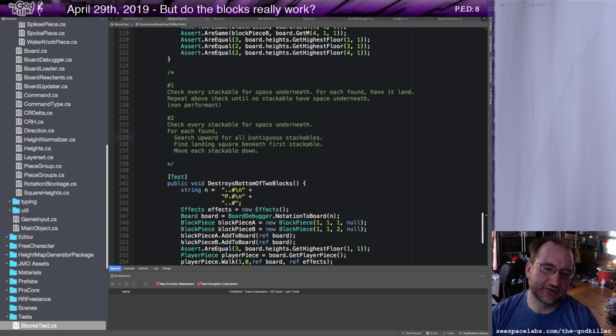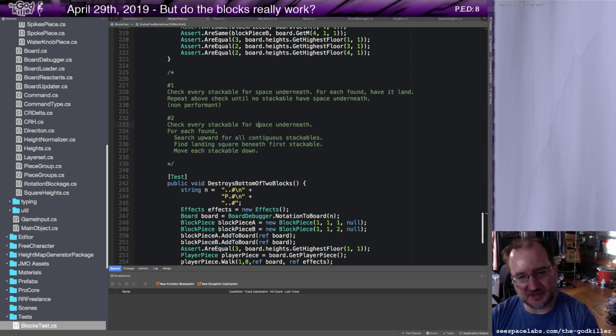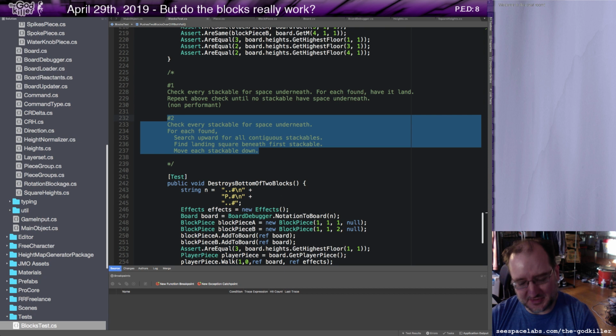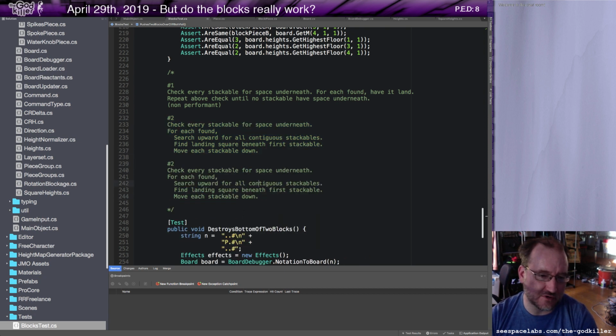So this is basically good. This part here, I think this is right. I just don't think the check every stackable for space underneath is right. I think instead, since my world has some pretty well-known events that would create this situation, I should instead say, when a stackable is destroyed,